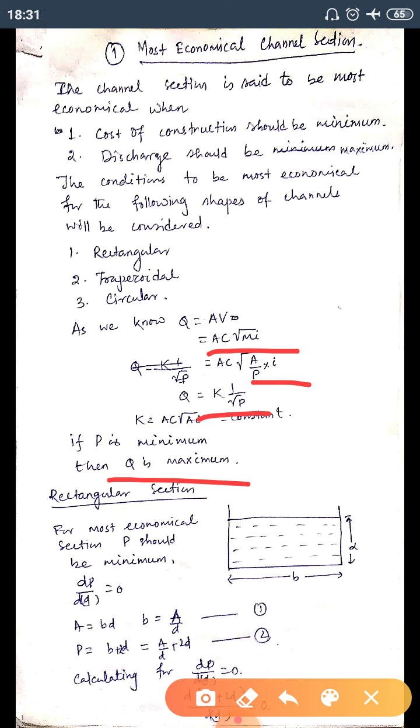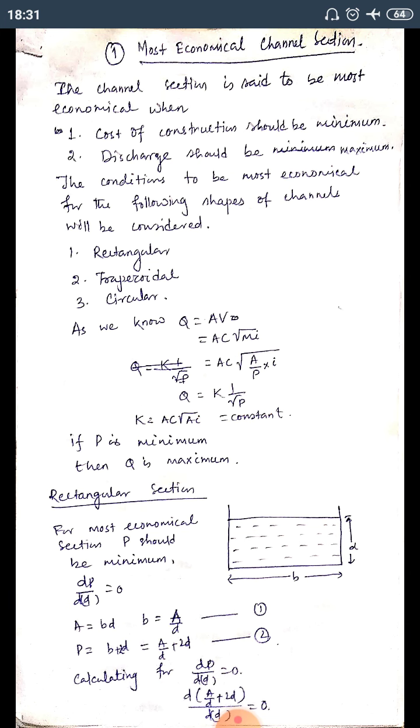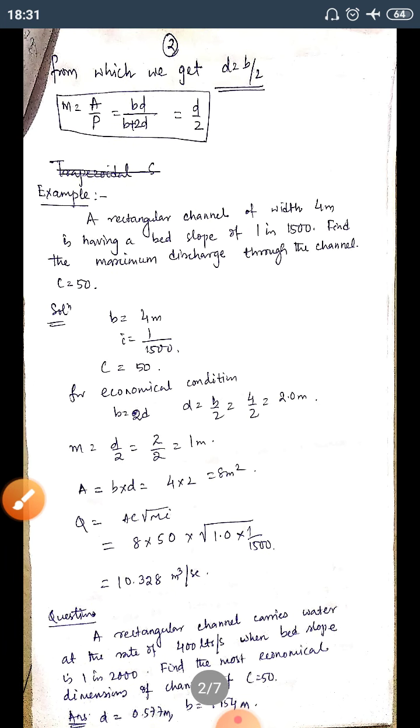As in the figure, the sides of the rectangular section are B and D, and for the most economical channel section, P should be minimum and dP by dD is equal to 0. A is equal to BD, so B is equal to A by D, and P is equal to B plus 2D. Calculating dP by dD is equal to 0, we get D is equal to B by 2 and m is equal to D by 2. These are the conditions for a rectangular channel section